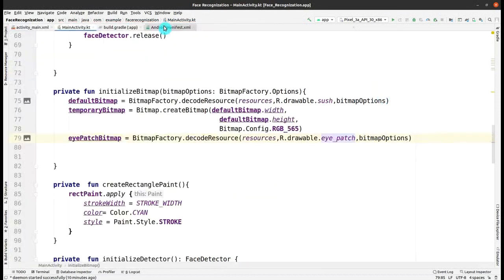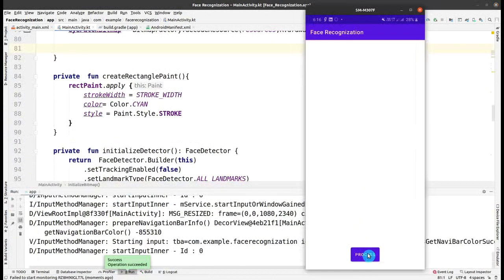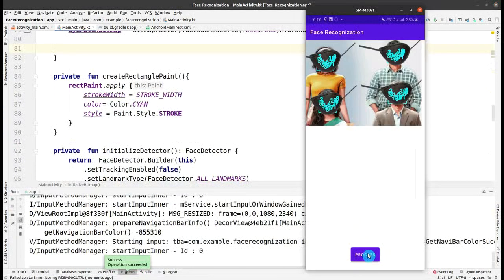I just have to run the project. So let me run it. I've clicked on the run button, and this is a click on the process, and here you can see that due to the small size of the image, the patcher is getting